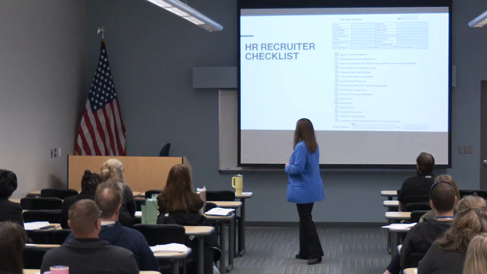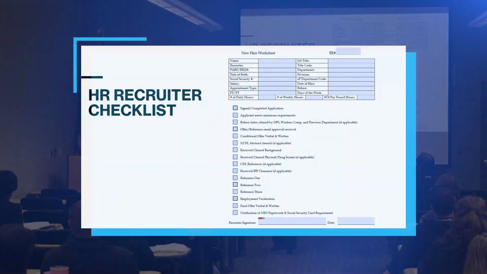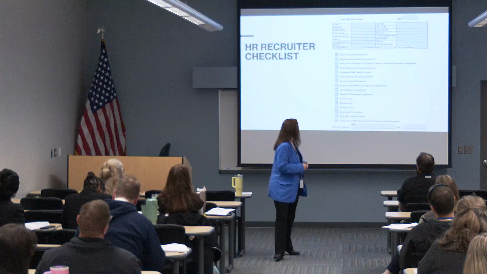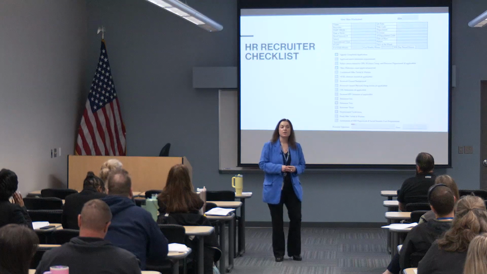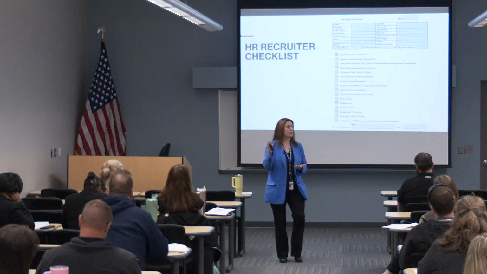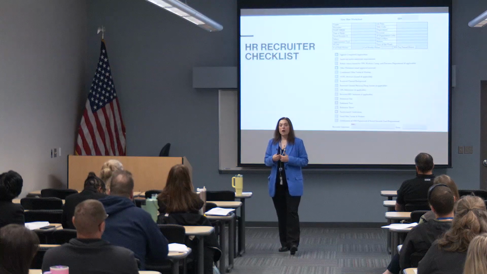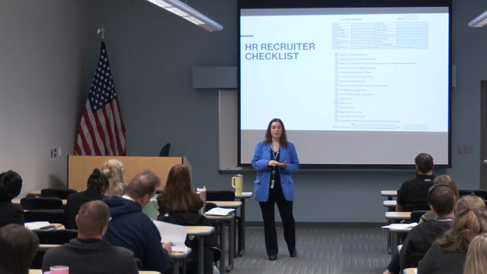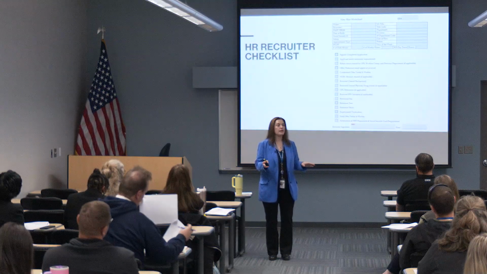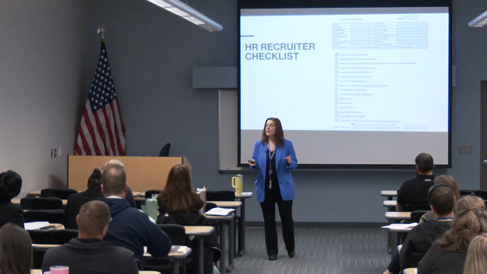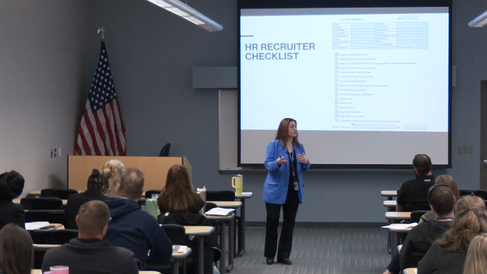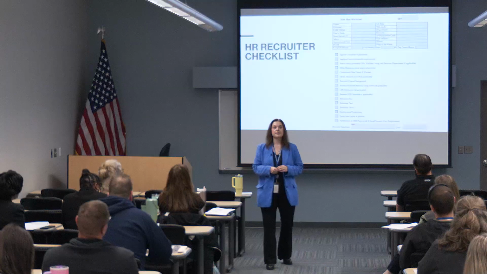Now, on the screen, you can see our HR recruiter list. As I had said, in addition to the list I made for you guys, I made one for my own team. A lot of the top information is the same with some minor deviations. And then we have our own checklist so that as we're going through the process, we know exactly where we are. This is not only helpful for us, but it's helpful for you guys. This we use as a cover sheet for all of our candidates' onboarding packets. So when you call at any point, if your recruiter isn't there, it doesn't matter. Any other recruiter can go in and check the status of your candidate to let you know what we're waiting on or where we are in the process.